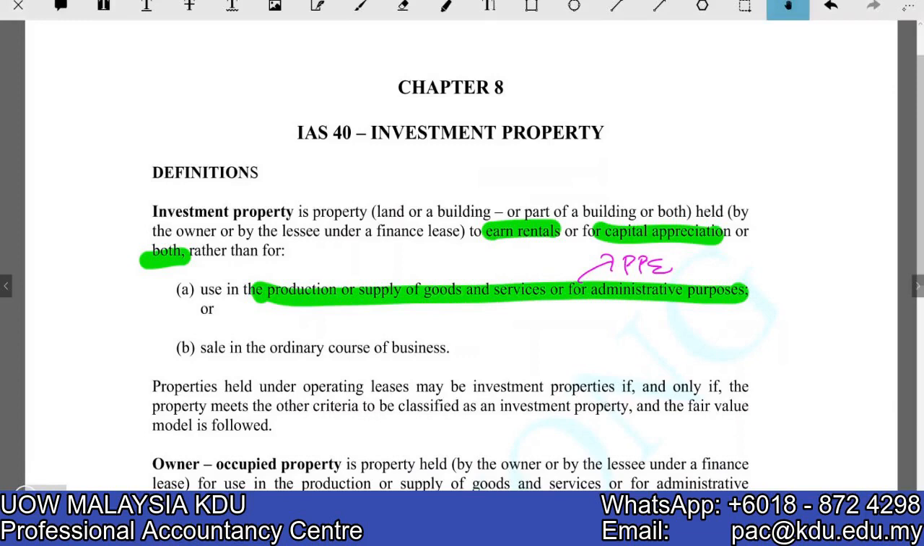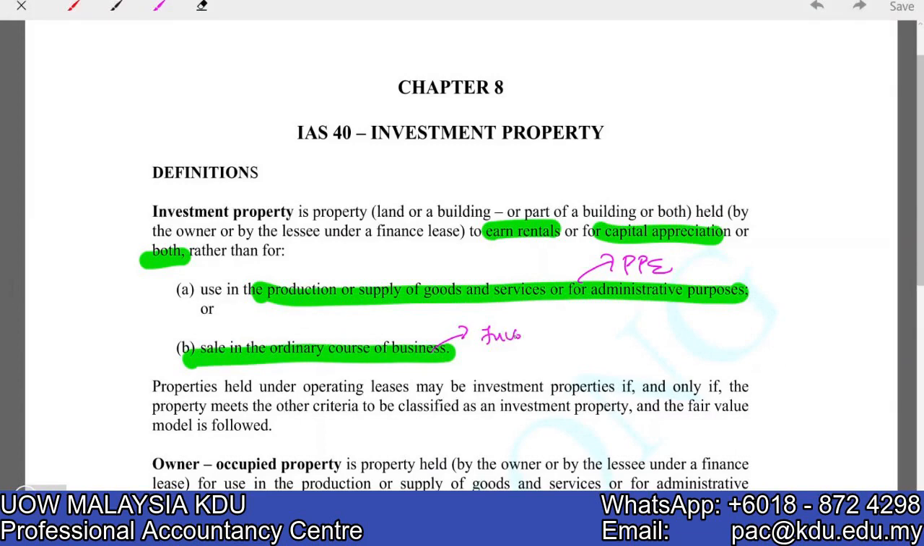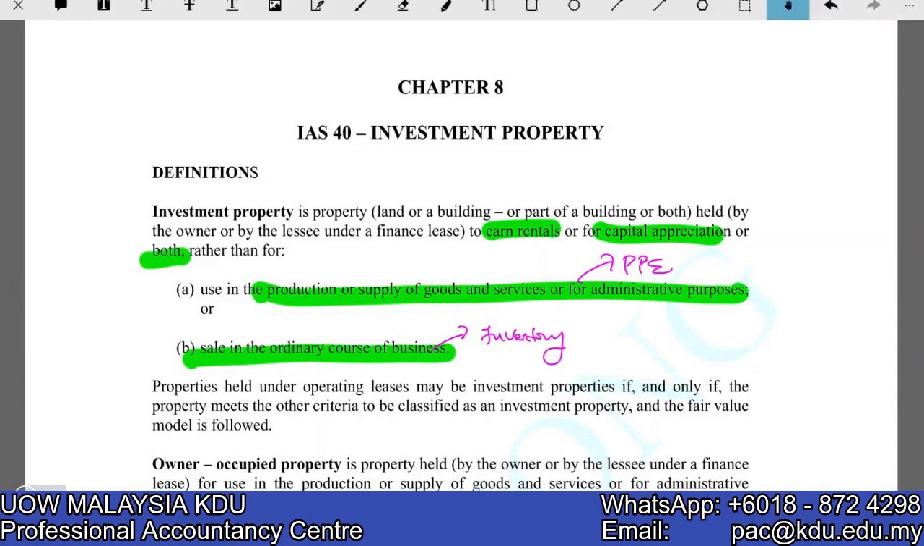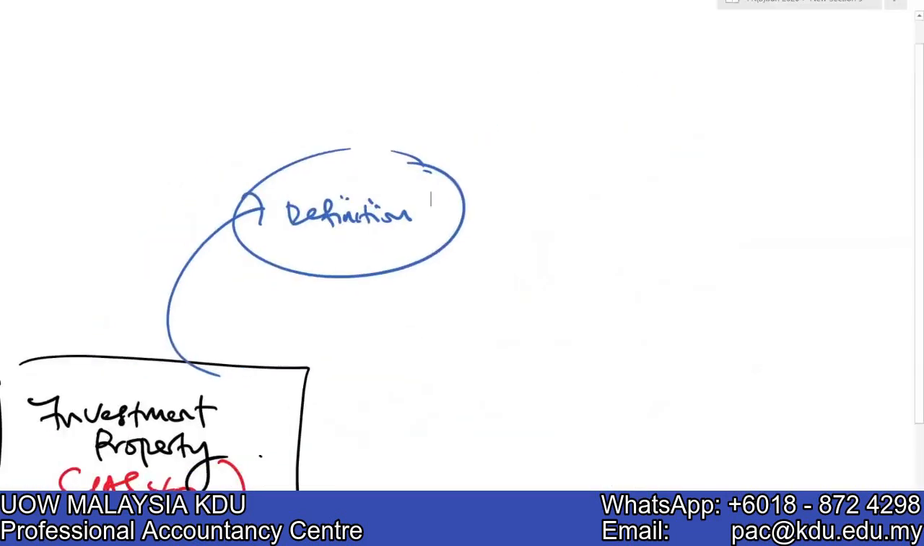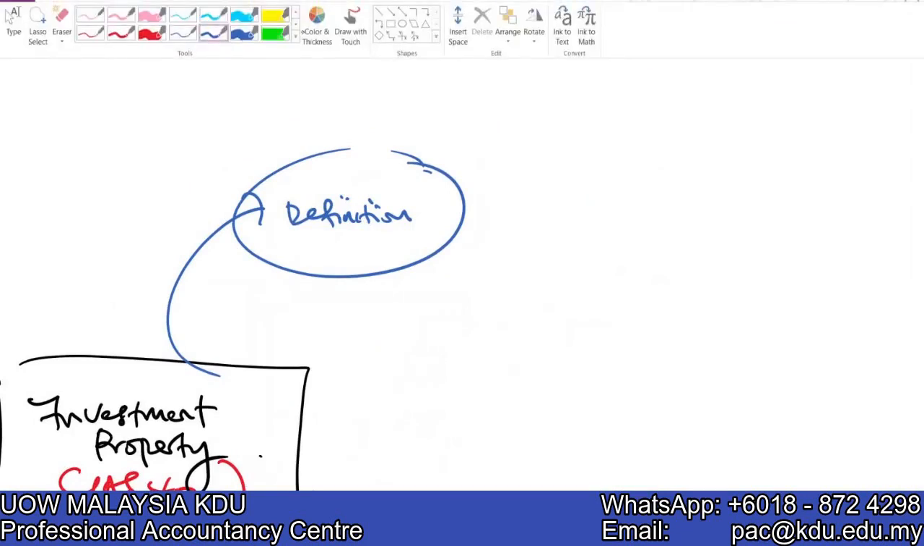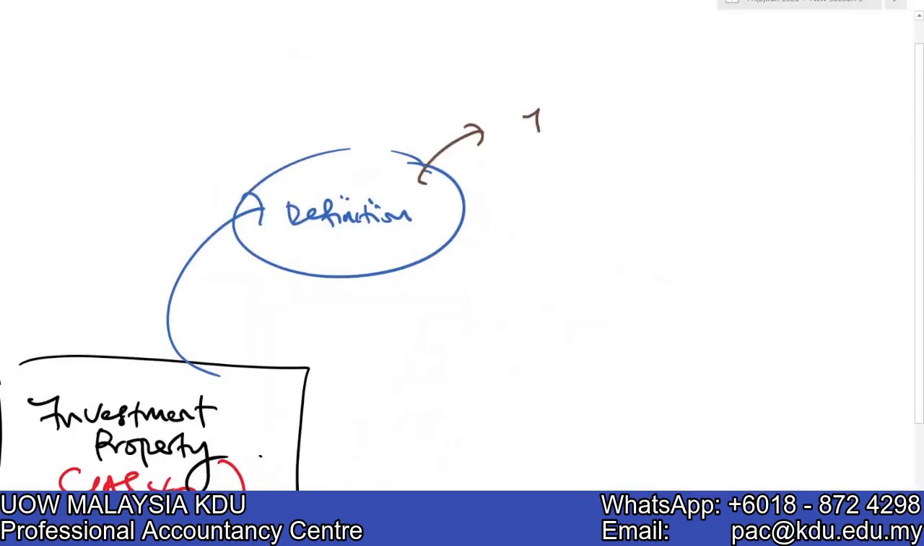PPE. If it's held for sale in the ordinary course of business, buy and sell, then they will be your inventory, isn't it? So investment property are those properties which are not for own use, not for sale. Then it will be investment property. So in other words, what is the definition of investment property? Investment property are those land and building which are held for